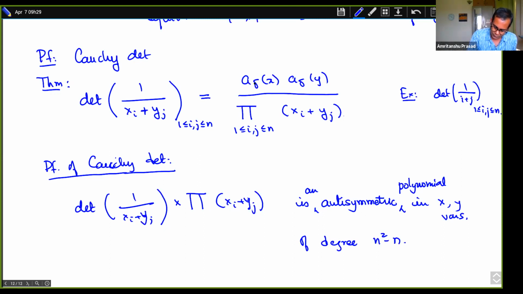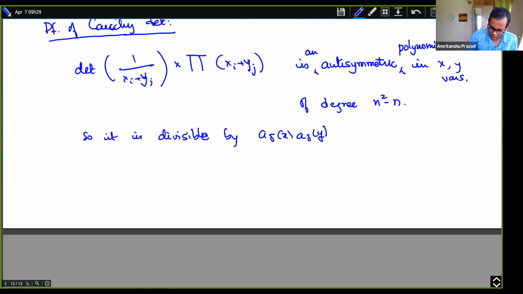And since it's an antisymmetric polynomial, it's divisible by a delta x, a delta y, and moreover the quotient is a constant,